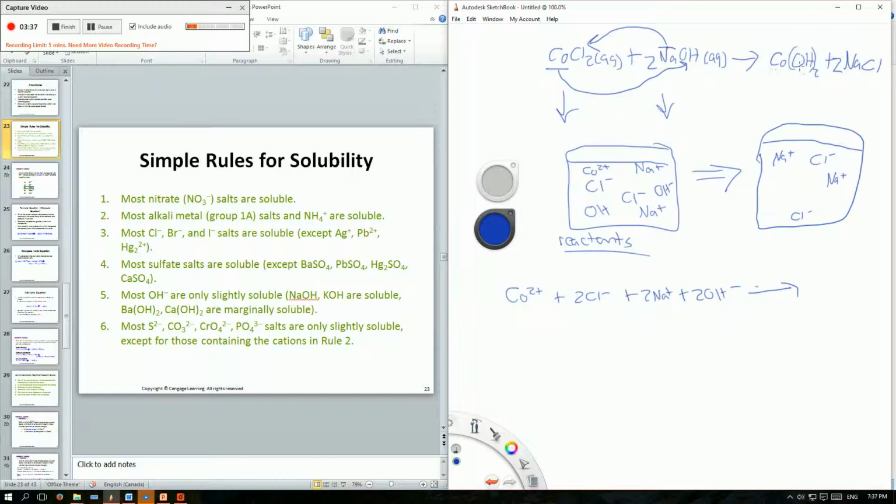Okay, now we look for the cobalt hydroxide. So we look at rule 1, which talks about NO3s. We don't have that, so we look at rule 2, talks about alkali metals and NH4. We don't have that either, and we keep going down until we get here. So most OH ions are only slightly soluble, and Ba(OH)2 are marginally soluble. So basically what that means, marginally or slightly